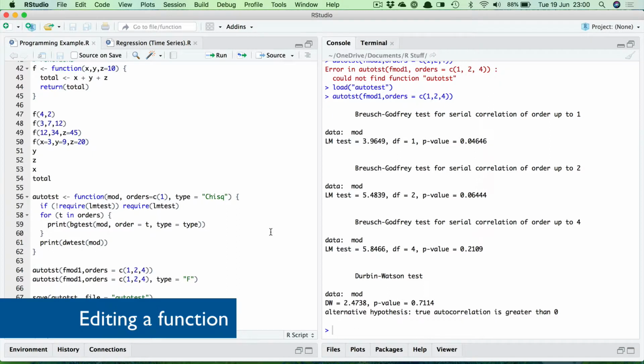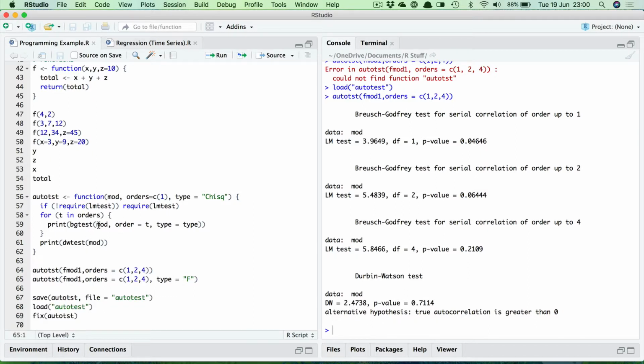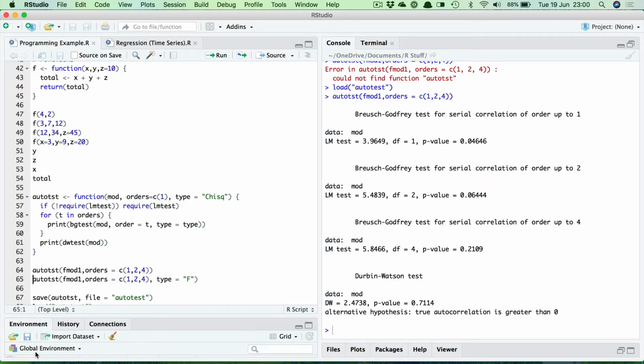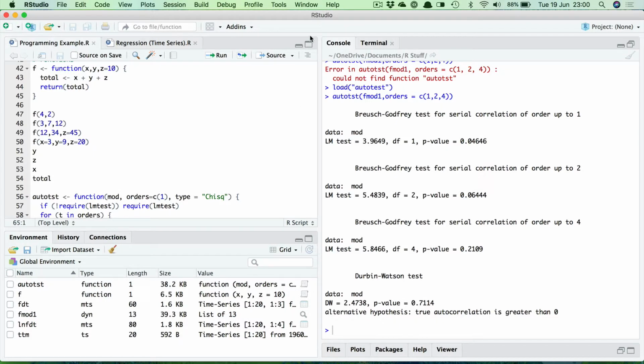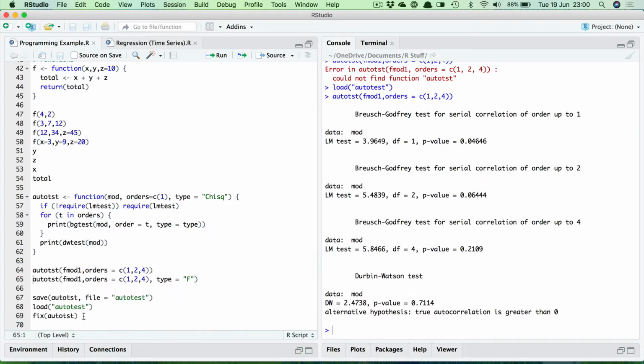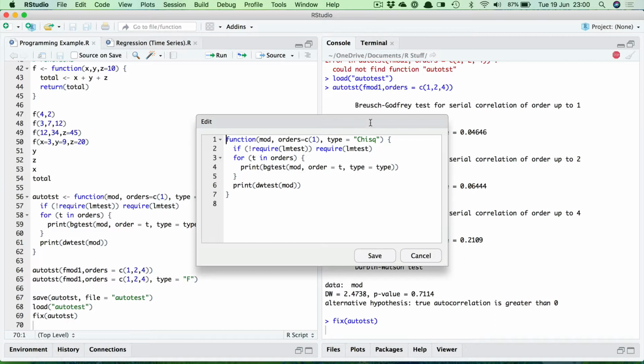What if you want to edit a particular function? Want to add more code into it, for example, or more arguments? The command to do that is fix. So what you put is fix, and then in brackets the name of the function. Obviously the function has to be loaded up, has to be in your environment, otherwise it's not going to find it. So if I run this command here, fix autotest, what it brings up, as you can see, is a separate little window where you can modify the function, you can edit it and so on,